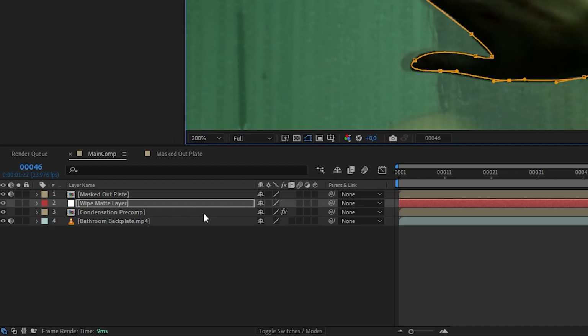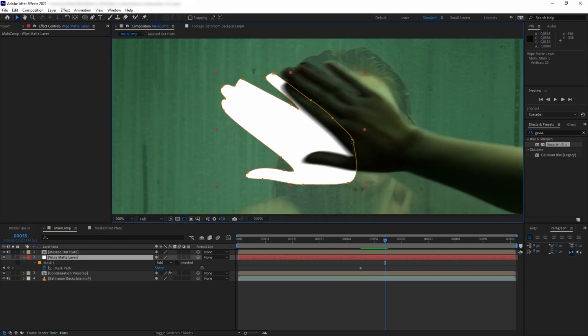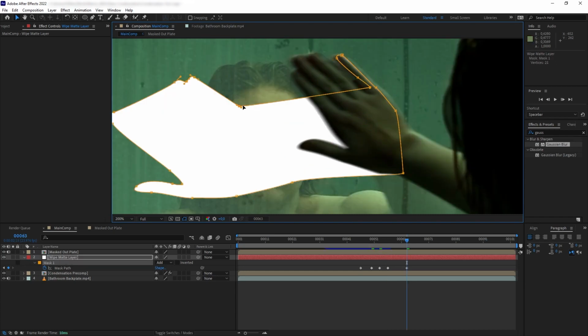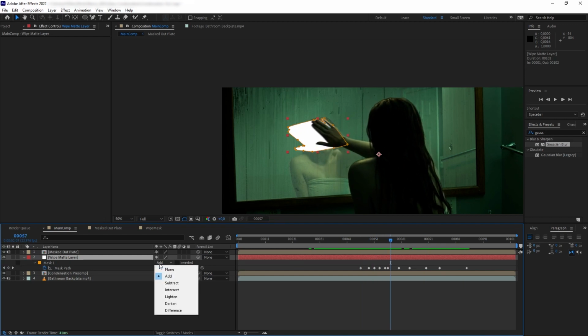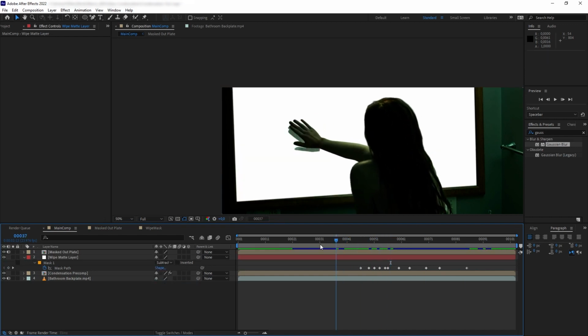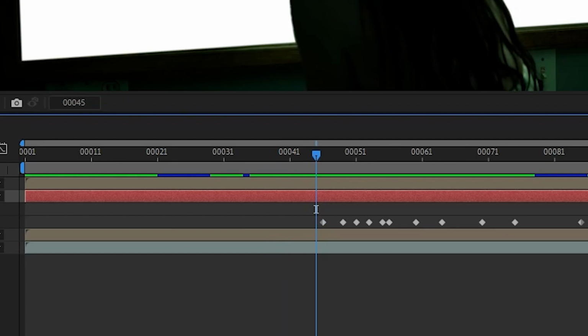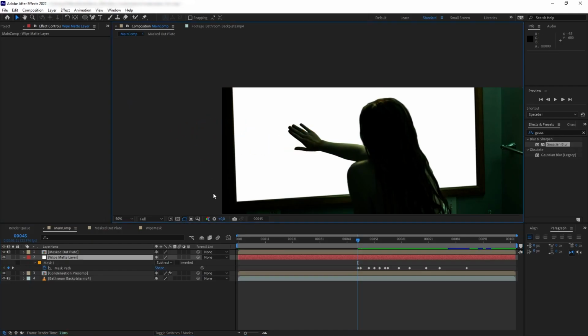And then we are going to add a keyframe on the path, and then we want to animate our mask as the hand moves across to make it look like it leaves behind a trail. Great, now let's turn the mask to subtract, and this is what we have. We have our hand looking like it's wiping out all the white solid. But here at the beginning, we want to get rid of the mask, so let's move one frame forward and throw away our mask, and there we go.